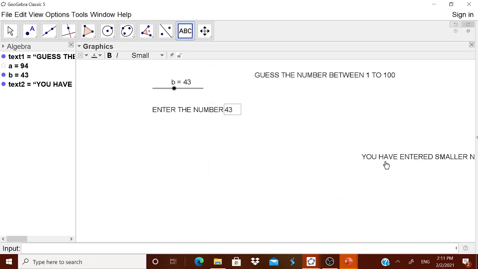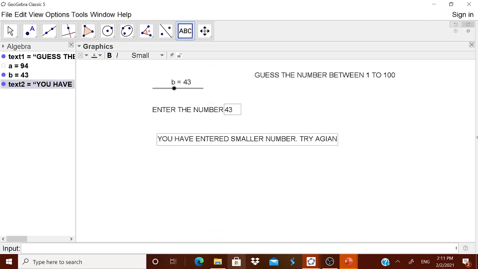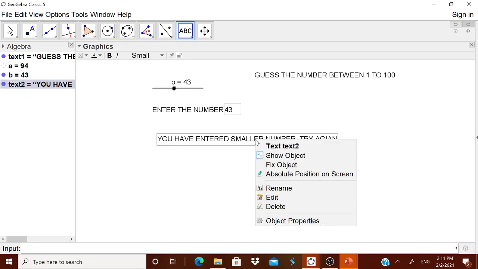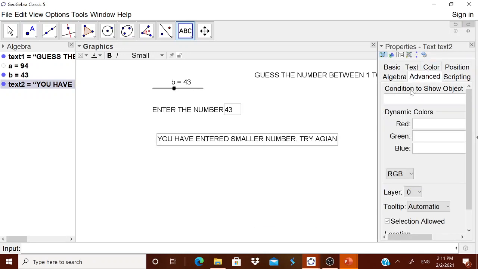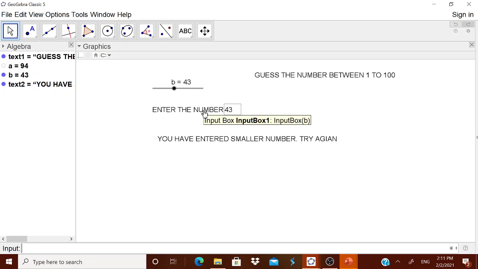This will be the remark displayed. When the remark should get displayed, go to object properties, and in the advanced tab, enter the condition: small b less than small a. Now any number you put below 94 shows this remark.